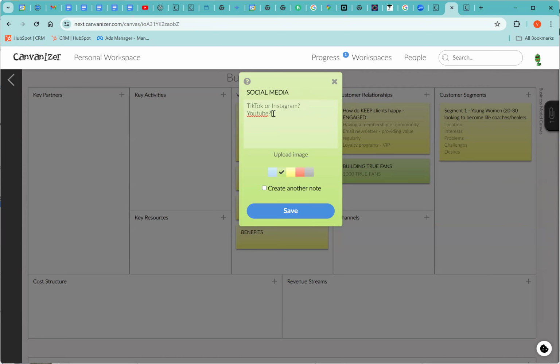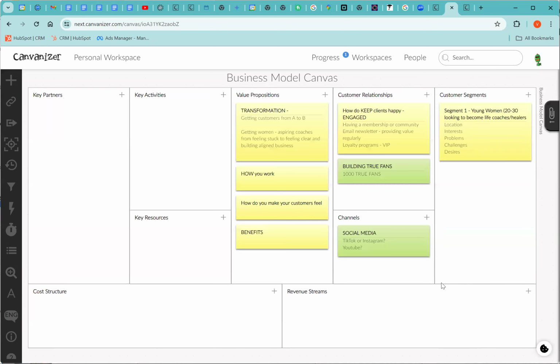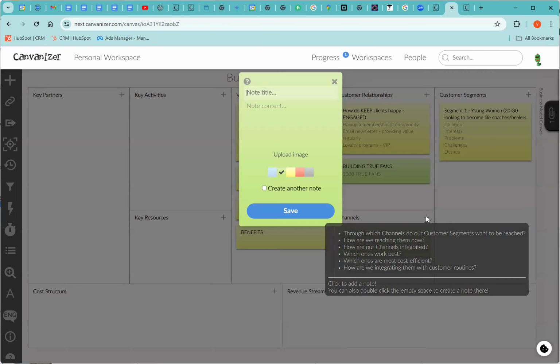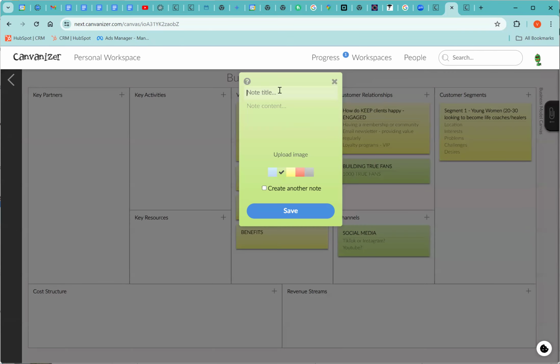So I would say focus on one or two and focus on presenting yourself well. Then also your channels could be word of mouth, maybe referral system